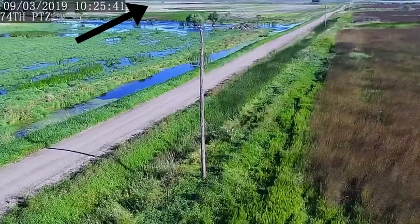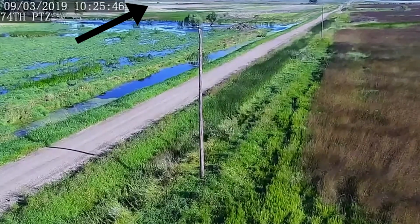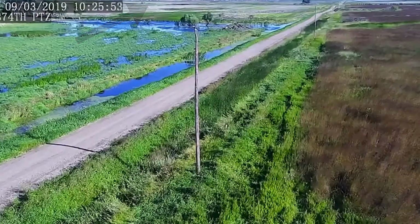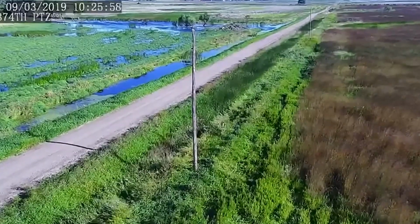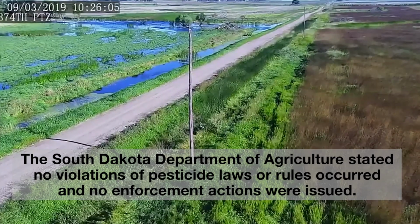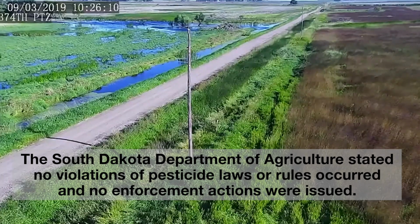I contacted the Department of Ag again. I emailed J.D. Farley asking for the investigation records from start to finish. My request was denied. Evidently, the state of South Dakota has a law on the books that does not allow that information to be disclosed. He then said that he provided us with lab samples that showed which chemicals were detected on our property, and he concluded by saying they determined through their investigation that no violations occurred from any of the applicators or any applicators nearby. We could not understand what was going on or how that could be, considering we had lab samples